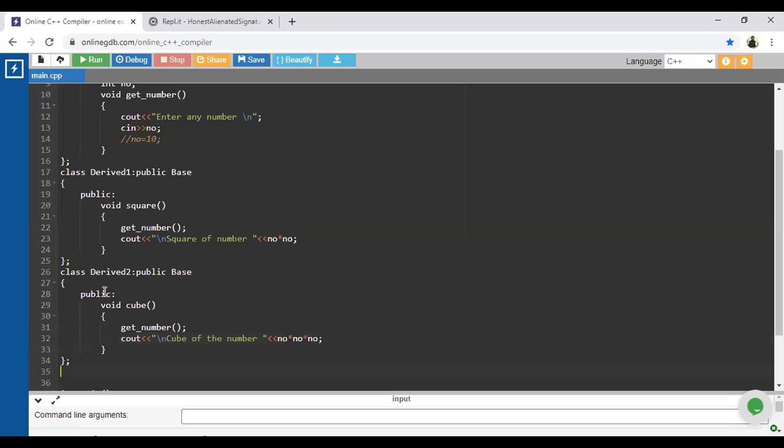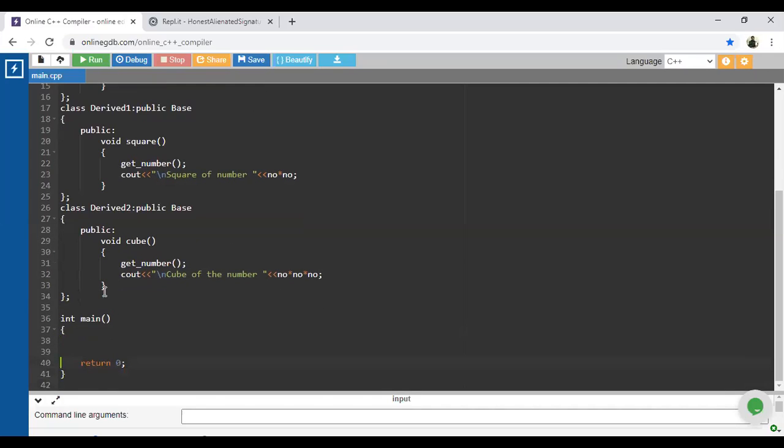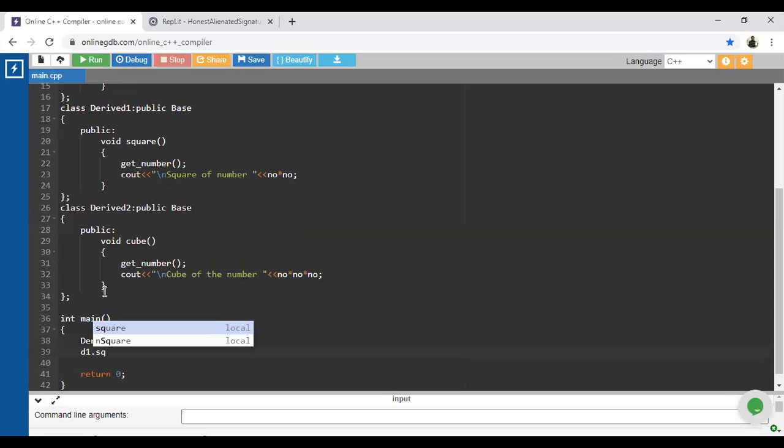Yes, so we are done with the base class and two different derived classes. Now just provide the call for each and every class, because both are independent. So how are you going to provide the call? First of all, create the object of the first class, that is derived 1, and I'll use d1. Then d1 dot square, the name of the method we considered, square.